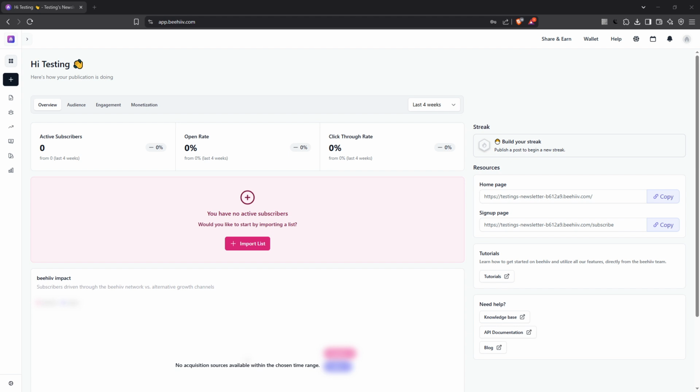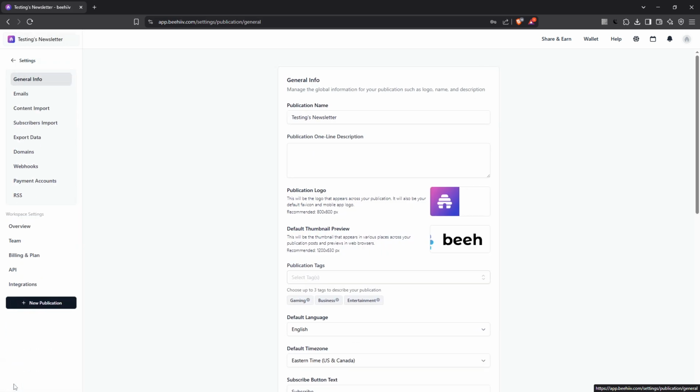First things first, you'll want to log into your Beehiiv account. Once you're in, direct your attention to the left panel on your dashboard. This is where most of the navigation will take place. Now go ahead and scroll down until you find the settings option. Click on settings and this will open up a whole new set of options for you related to your publication